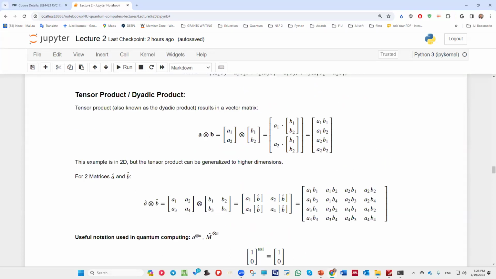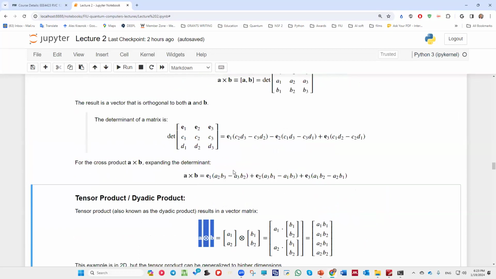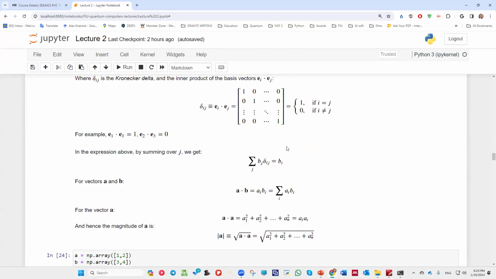One important point here is the need for the tensor product. This is a generalization of, or representation of, multi-qubit systems. We will discuss this. Another point